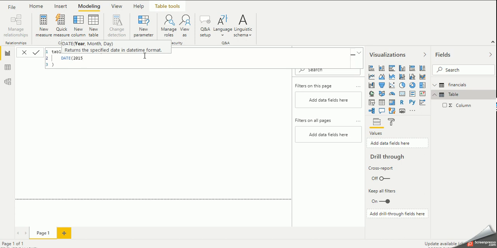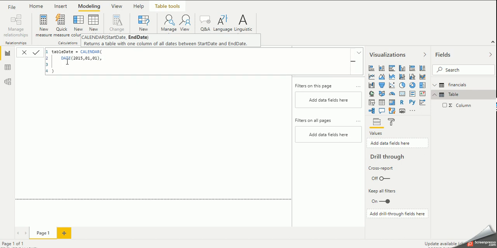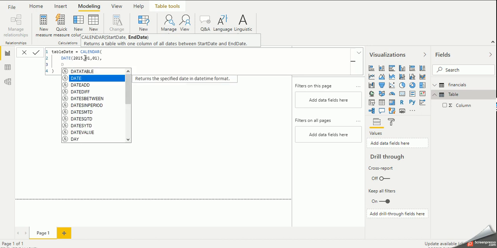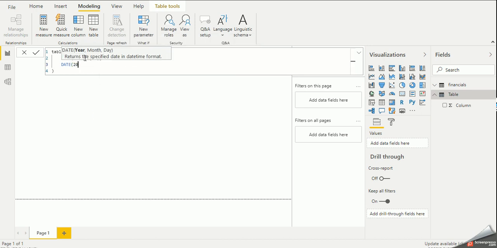So it's a start date. Month is 01 and day is 01. Now the next thing is the end date, so I'll put a comma over here, and you can copy it or you can write it again. So again I will write DATE, and I will say 2021 comma 12 comma 31.